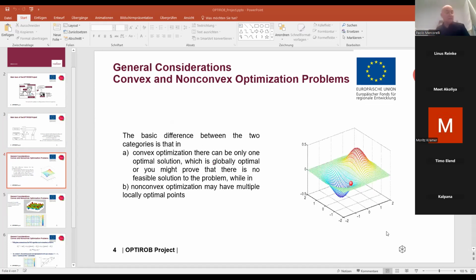Again, do you remember this picture? Probably I already presented it, I don't remember. In this picture, we can see, it's not exactly well done because it seems to be going far away, but let me consider that I have just one minimum and just one maximum. Isn't it a convex problem in terms of minimum or maximum? I mean, we have just two possible optimal solutions. If I am looking for a minimum, this is the optimal solution. If I look for a maximum, this is an optimal solution. Maximum and minimum have basically the same problem. I mean, a problem which can be formulated in terms of minimum can be formulated in terms of